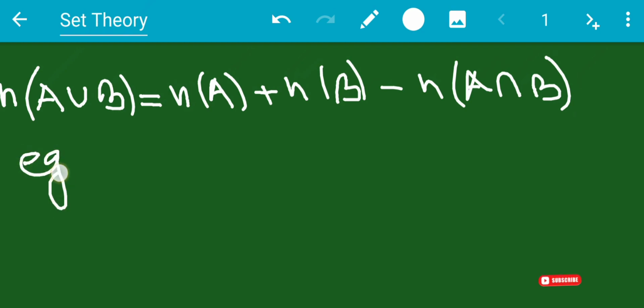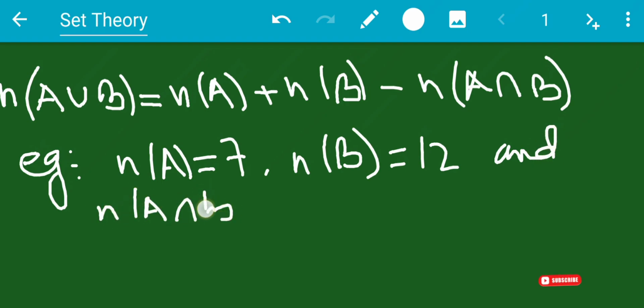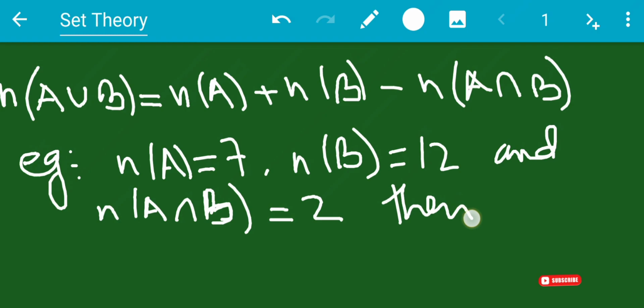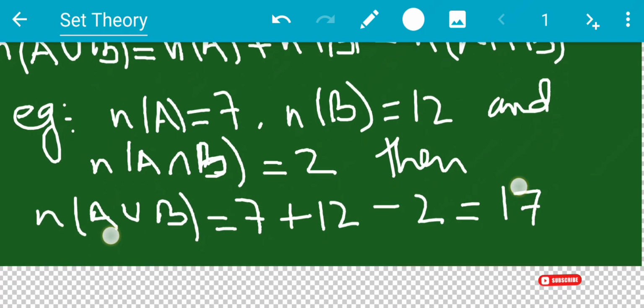So for example, if you have n of A equal to 7, n of B equal to 12, and n of A intersection B is equal to 2, then n of A union B is nothing but 7 plus 12 minus 2. This is 17. Okay, this is how you can calculate. For other sets,